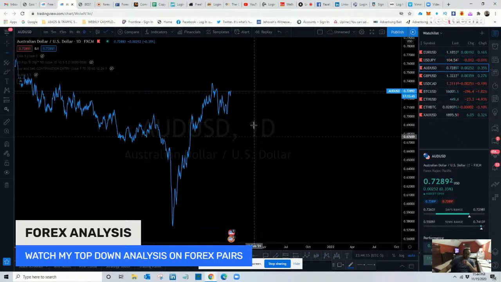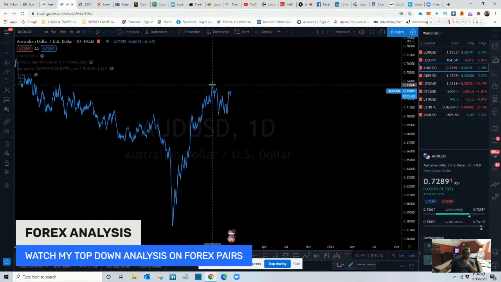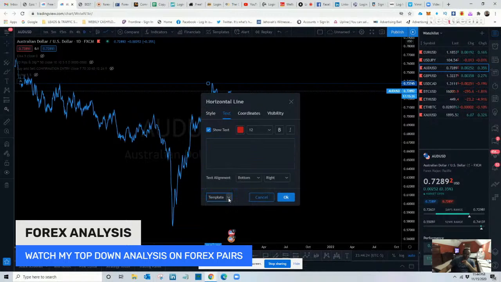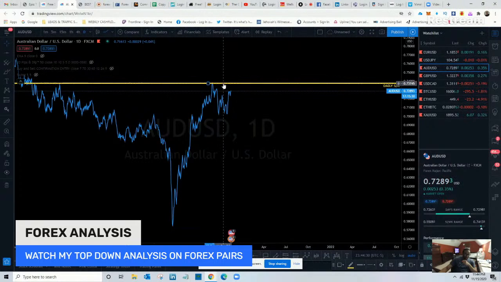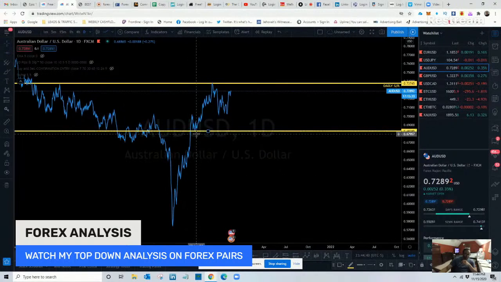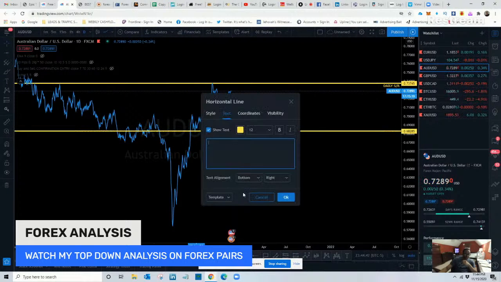So we're going to try to find the most recent high, which is right here. So we're going to put a horizontal line here, and I'm going to label this as the daily support or resistance, so that way I get an idea of where resistance is right here. And then we're going to find the most recent low, which is down here. So now we're going to grab a horizontal line and we're going to do it right here. All right. So now